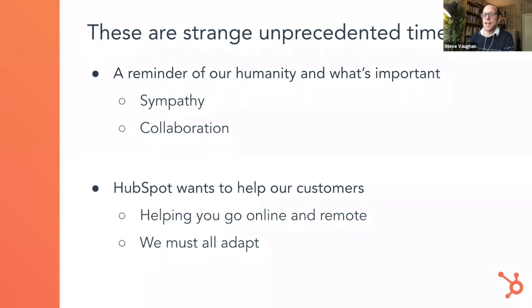And what I'm going to share today from HubSpot's perspective is not that we're the best or we got it sorted, but this is how we're adapting, and we're hoping that it can help you adapt through these times. So what have we done? What has HubSpot done to adapt? I want to start